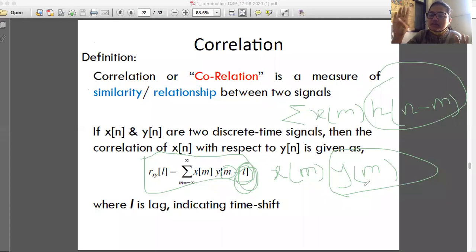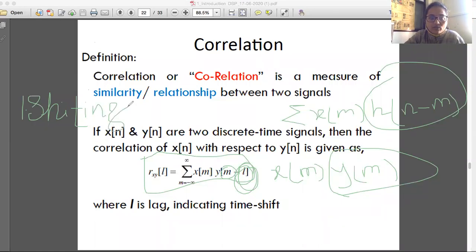So there are 4 steps involved in the convolution computation, and 3 steps involved in the computation of correlation. For correlation analysis, the first operation we need to perform is called the shifting operation. Only shifting. We should not go for folding. Then the second operation that we perform